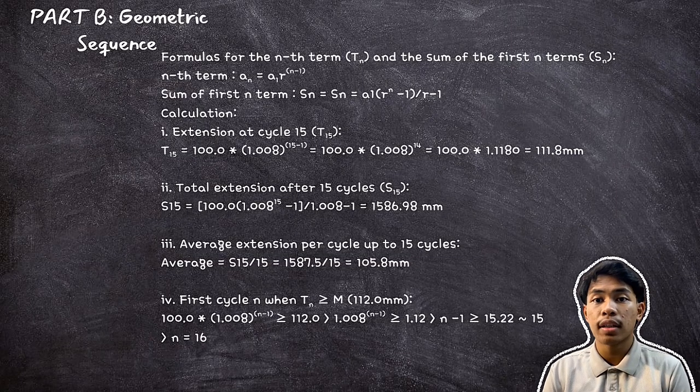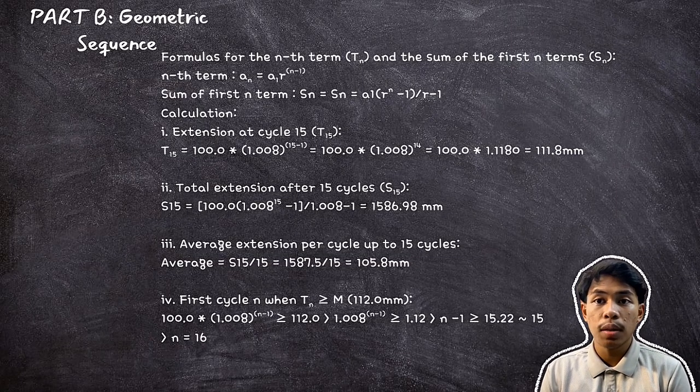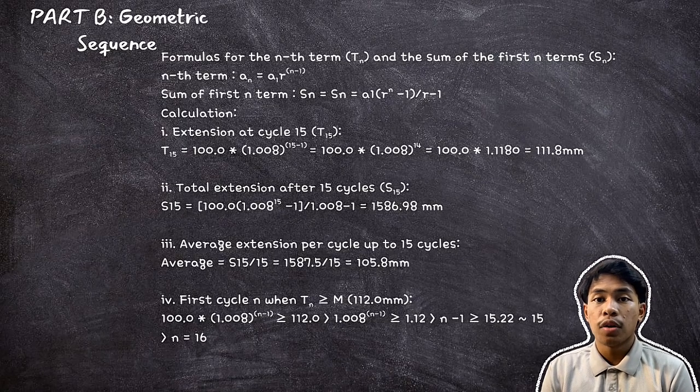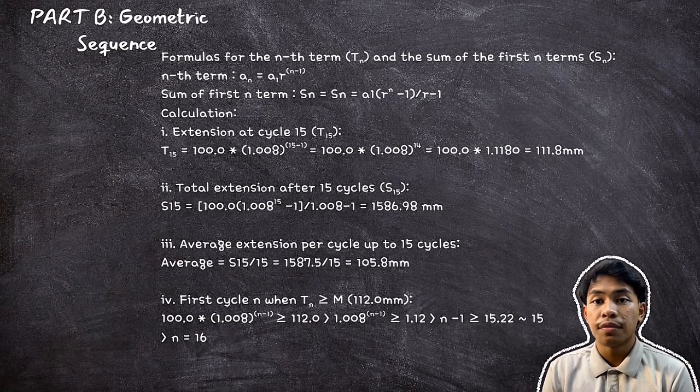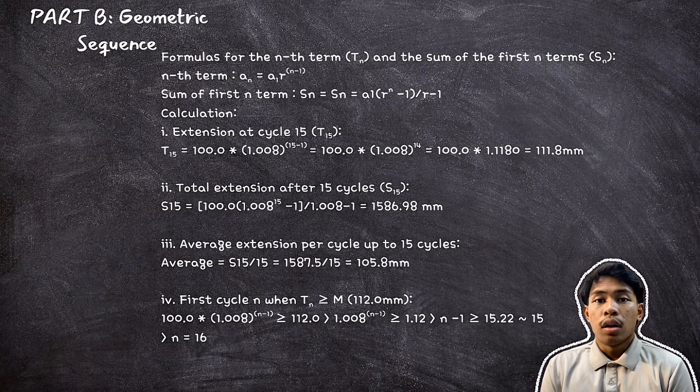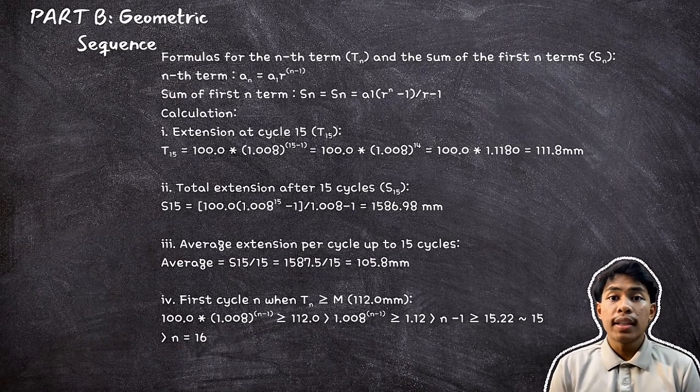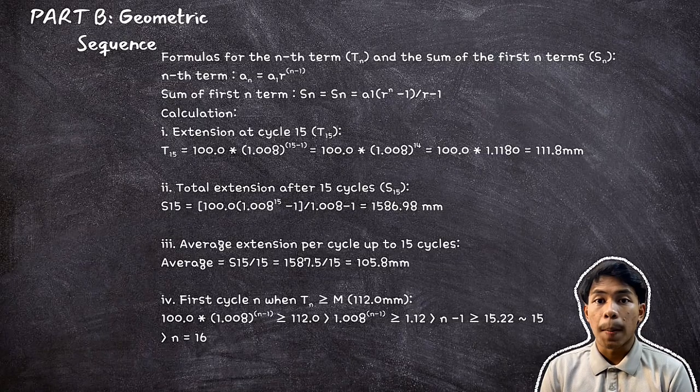The formula for the nth term is Tn equals A multiplied by R to the power of (n minus 1), and the formula for the sum of the first n terms is Sn equals A times (R to the power n minus 1) over (R minus 1). For the first question, I calculate the extension at cycle 50 by substituting the values into